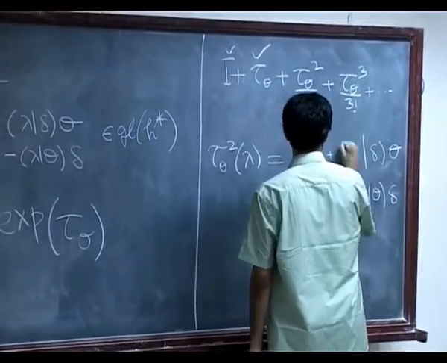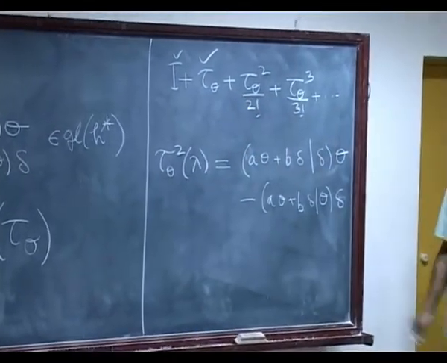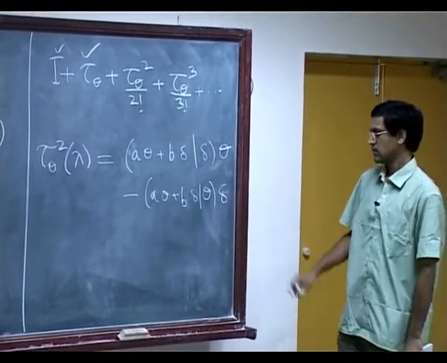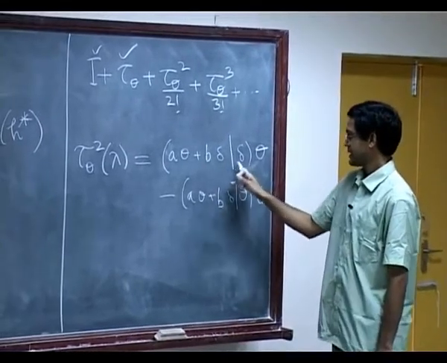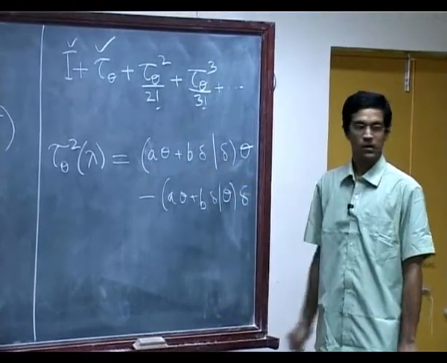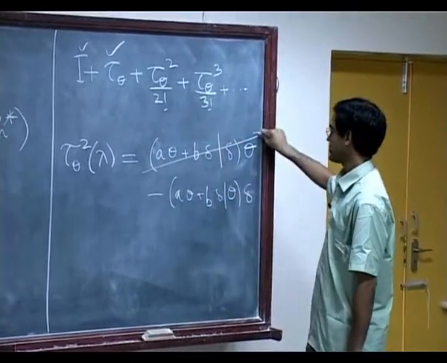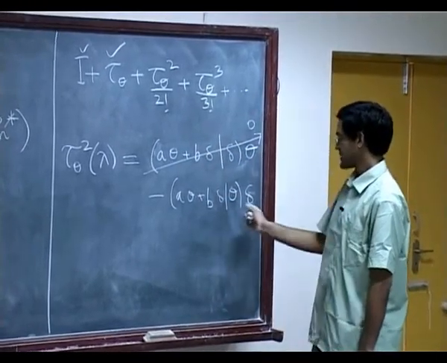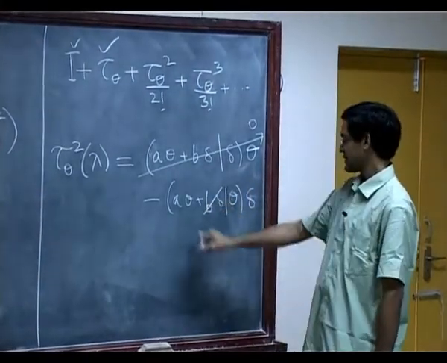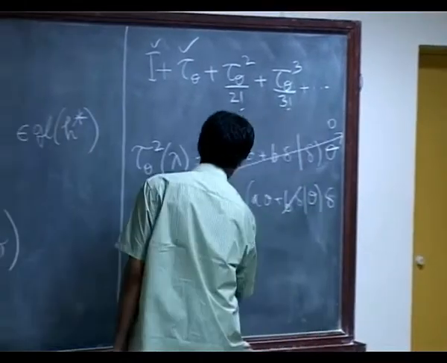It's called A theta plus B delta. Right, that's what you get when you apply it twice. It's fine. Okay, so now let's see, delta with itself, inner product is 0, delta with theta also a 0, right. So I don't need to worry about the first term, it's a 0, I don't need to care what the A's and the B's are. Now the second term, delta with theta is still a 0, so I don't need to worry about this. The only surviving term is theta with theta, which I know is 2. So my final answer is minus A